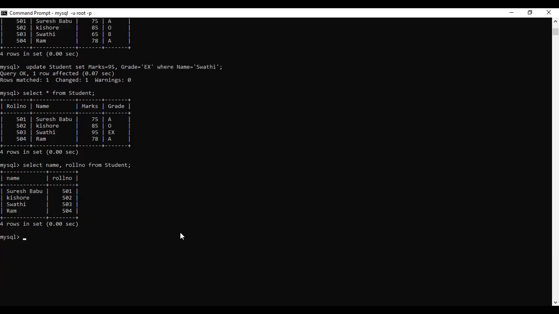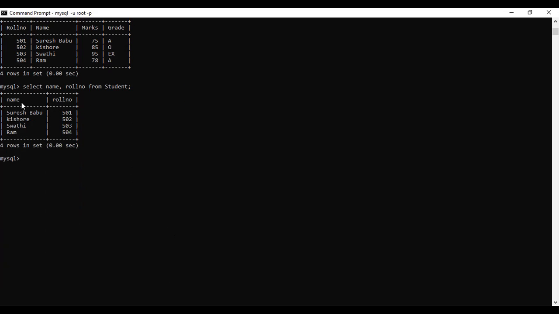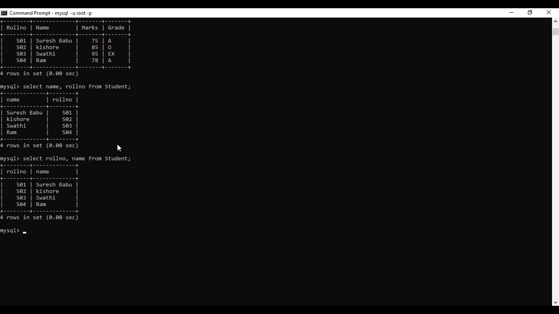It displays the name column first, then roll number. You can also interchange those values: first I want to display the roll number, then comma name. You can also write like that. So it gives results according to your query executed on the table.